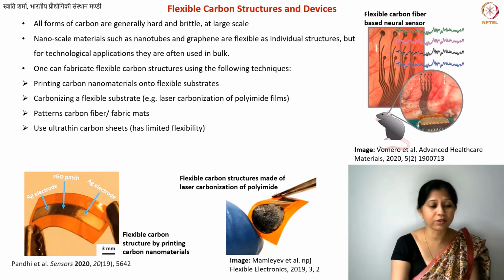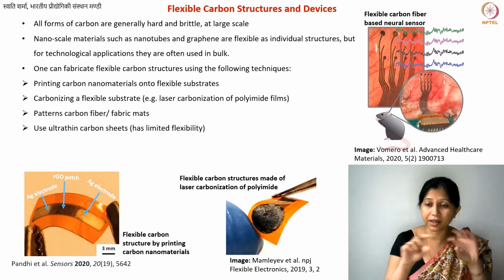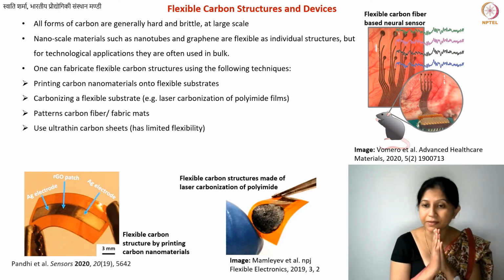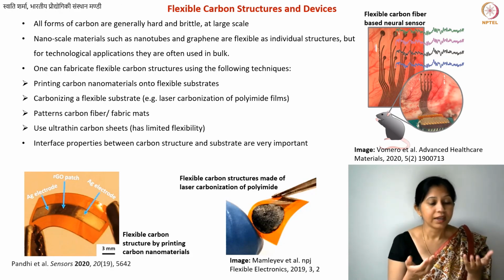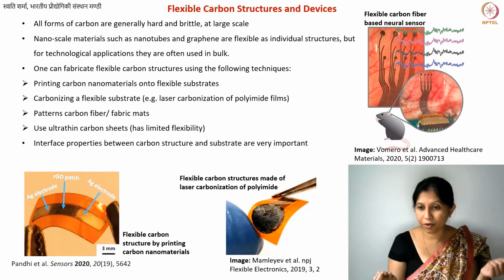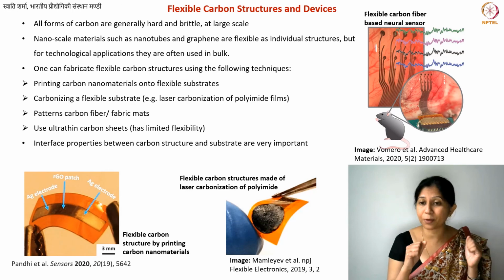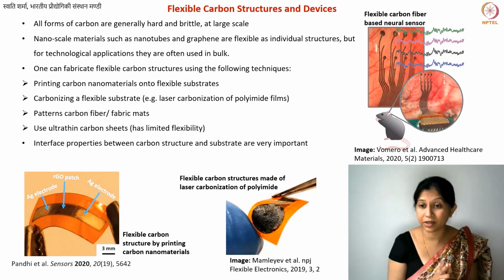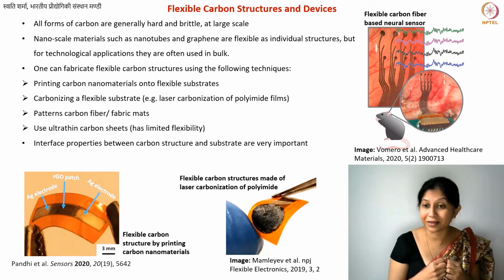What else? You can also use ultra thin carbon sheets. So you can even get glossy carbon sheets which are very, very thin, and they are relatively flexible. But there you of course have limited flexibility. So whenever you're making a certain device, you often need to test how many times it can bend before breaking, and not just bend, but it should retain its properties. And often you will do these kinds of bending tests thousands of times. Only then you will say, this is a stable, flexible structure.